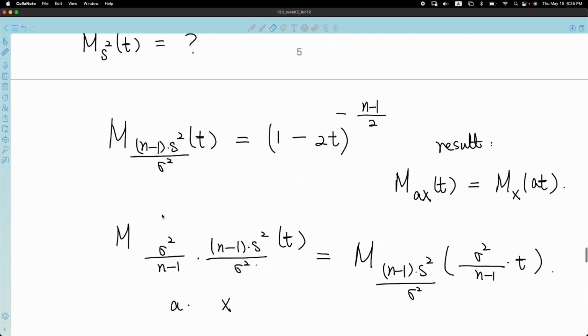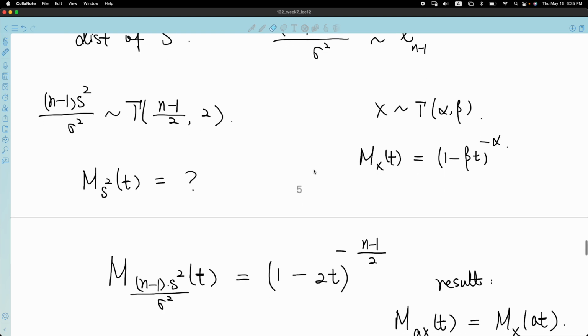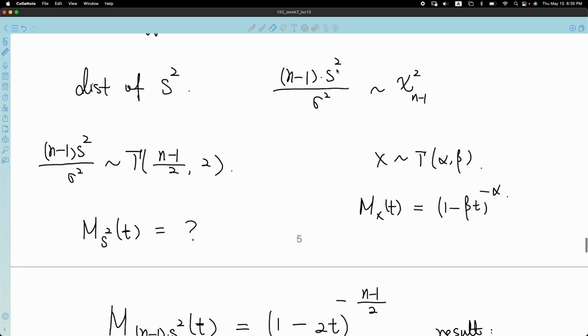Okay, so let me just summarize what we are doing here. We are interested in the distribution of S squared, and we only know that this thing here follows chi-square. So we do not know the distribution for S squared. We only know this fraction follows chi-square. And then we are going to use the moment function of this thing to get the moment function for S